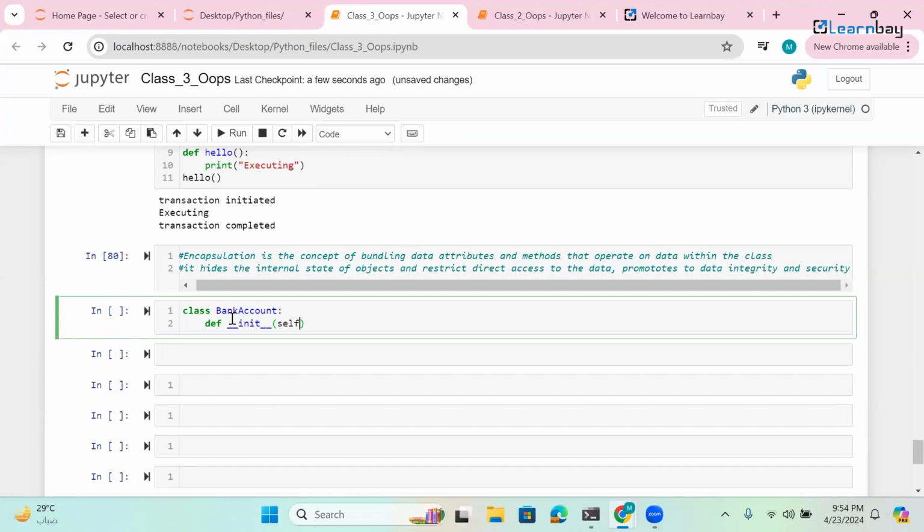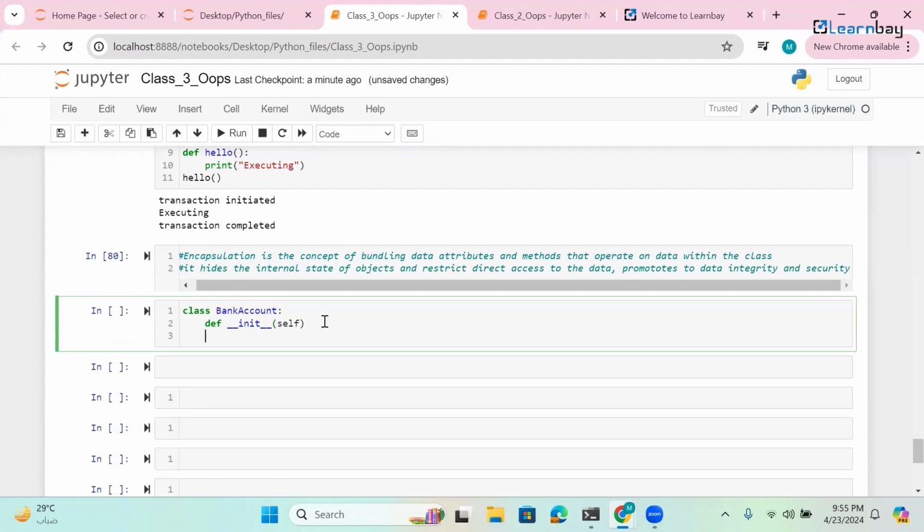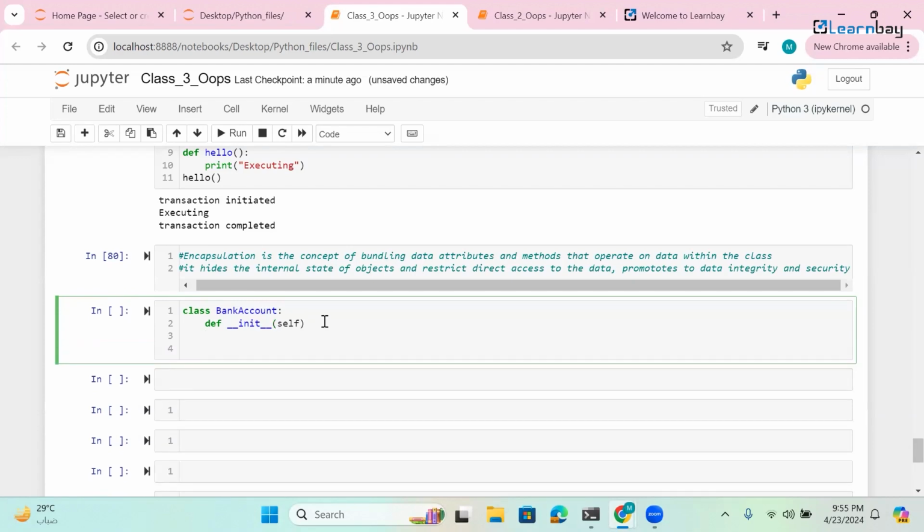I'm going to create three different classes. Okay. Like if you have a bank account, what are the behaviors that you will have? What are the methods that you can create? You can deposit, you can withdraw, you can get the balance details, right? So I can write here, rather than defining init first, let me just go here and define